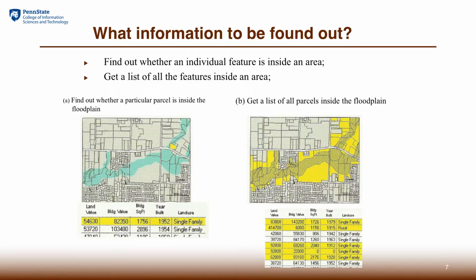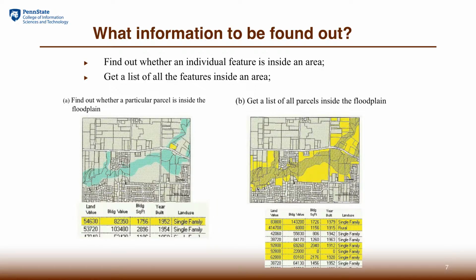In order to choose the right methods, we also need to look at what kind of results you want to generate or report back to your boss. For example, your result could be finding out all the individual features inside an area, just reporting individual IDs, making a list. That's one type of report. The other type of report is to summarize or even sum some values of the features you find inside the area and report that number back.